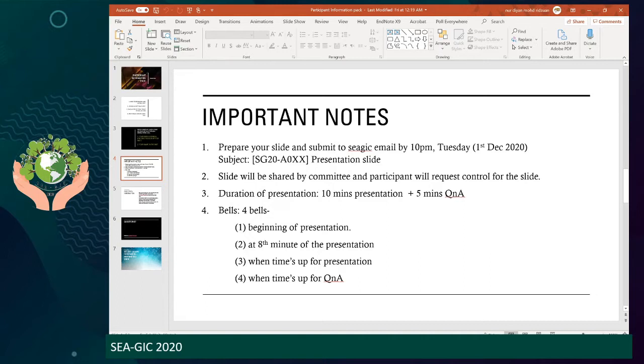There will be 4 bells you will hear throughout your presentation. The first one indicates the beginning of your presentation. You will hear a bell ring once, like that. Then you present, and at the 8th minute of your presentation, another bell will ring once, like that. Then you can continue your presentation for another 2 minutes. When your time is up at the end of your 10 minutes, the bell will ring twice,